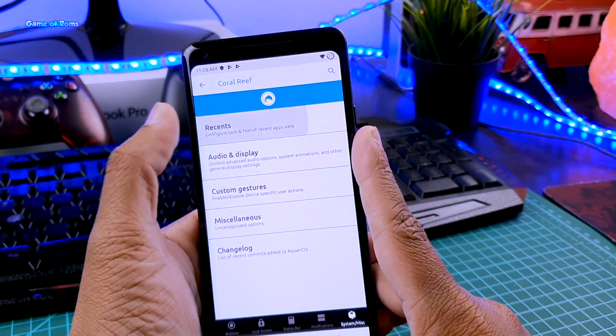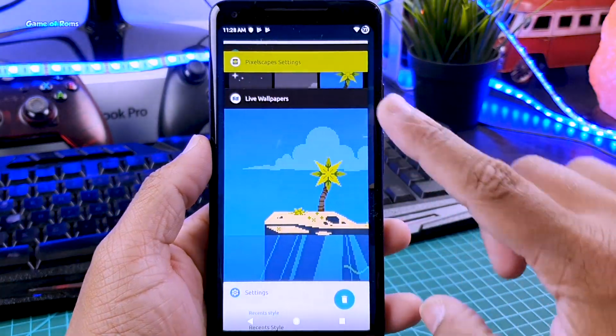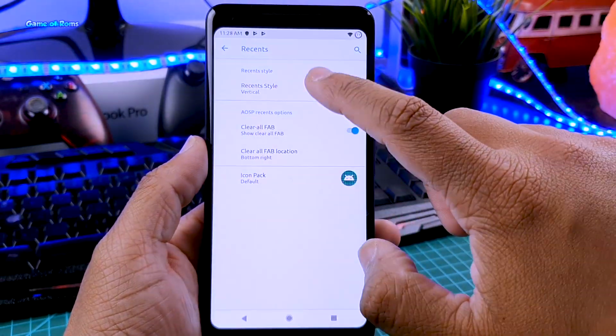Also you can customize your recent menu. You can make it horizontal or vertical. Definitely I'm going for vertical. Since Android Pie I don't like the horizontal style because it looks like Apple, and